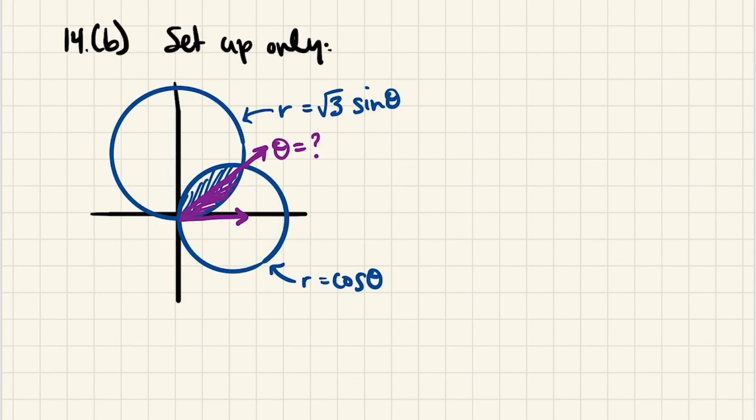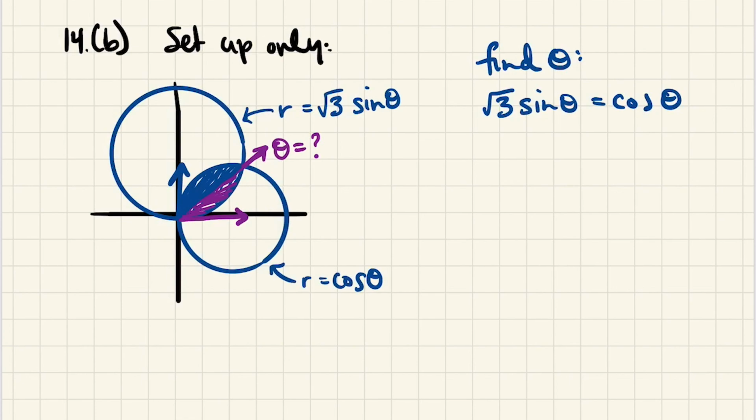And then continuing, we will integrate starting at whatever that theta value is and integrating all the way up to, looks like pi over 2 on the smaller circle, the cosine circle there. So really, we just need to figure out what that theta is. And let's just figure that out by equating the two functions. Okay, so we get tangent of theta is equal to rad 3 over 3. So theta is equal to pi over 6,